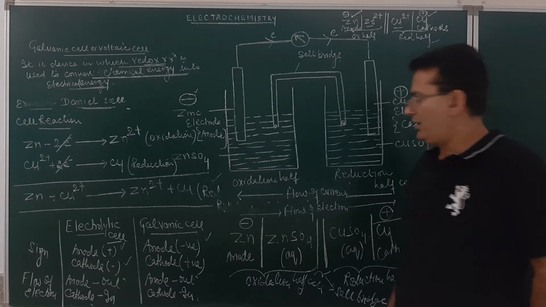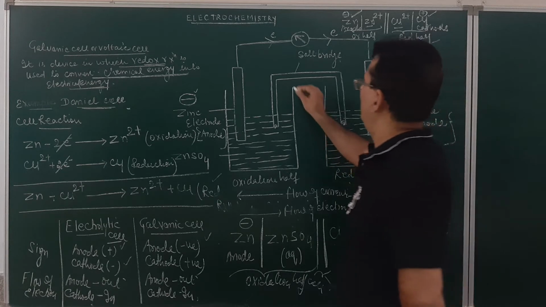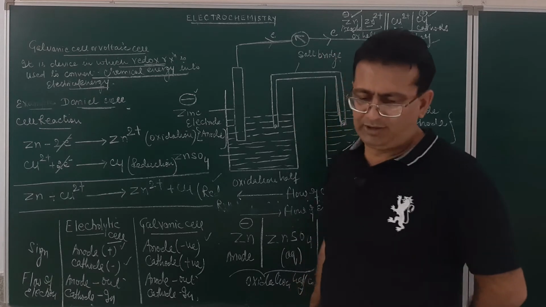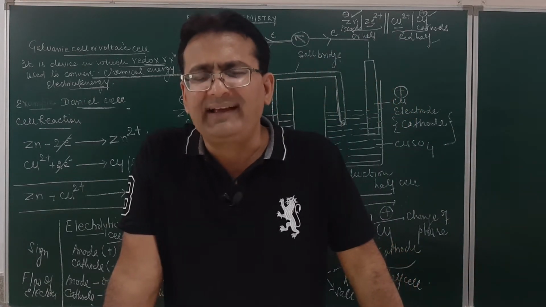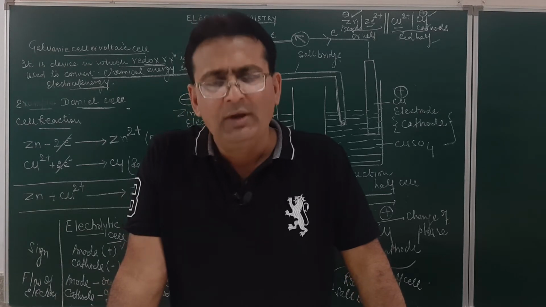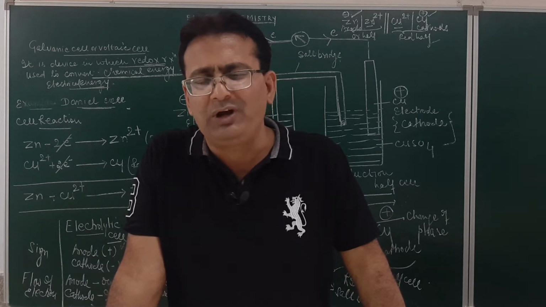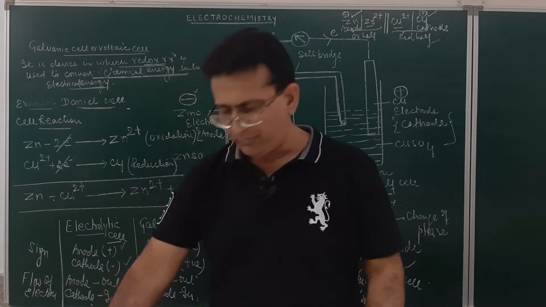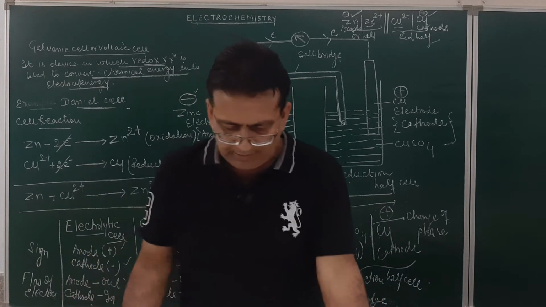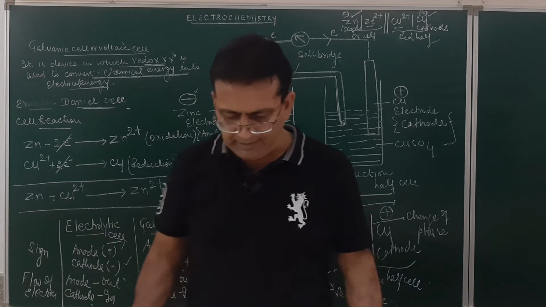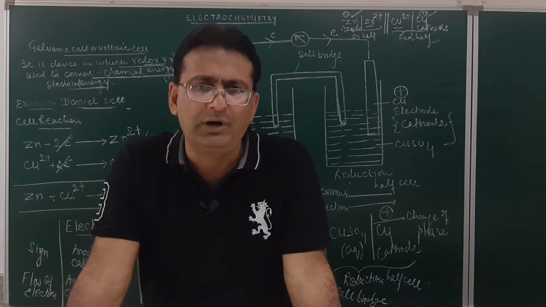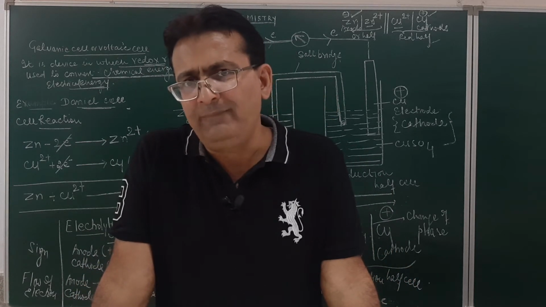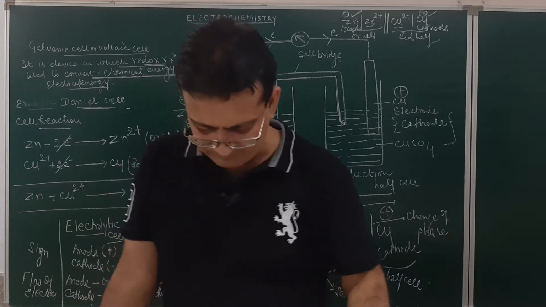Is it getting clear? Now you may see over here, student, this is a U-shaped tube, and the internal connectivity between the two half cells is provided with a U-shaped tube, which is called a salt bridge. If I ask you what is a salt bridge? A salt bridge is a U-shaped tube which is filled with the inert electrolyte. Now the question is, what are inert electrolytes? These are those electrolytes whose ions are not involved in any chemical change, and they do not react chemically in any electrochemical process. Fine. So this will be called a salt bridge.